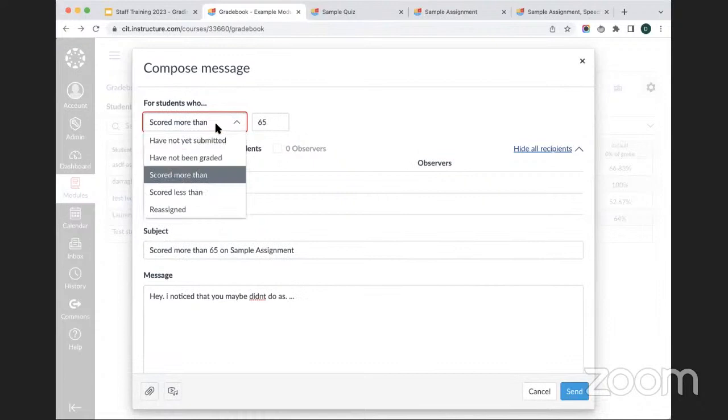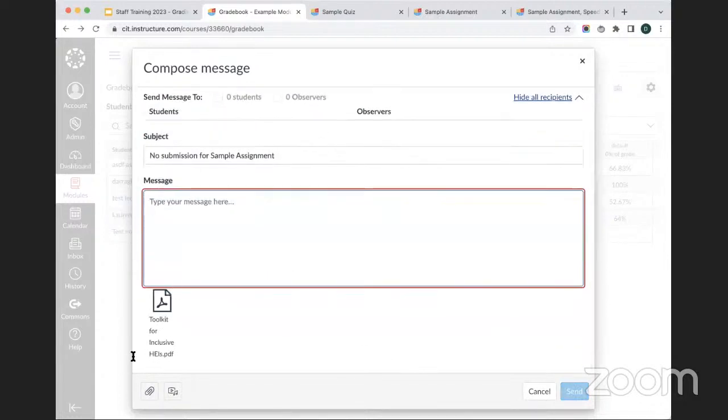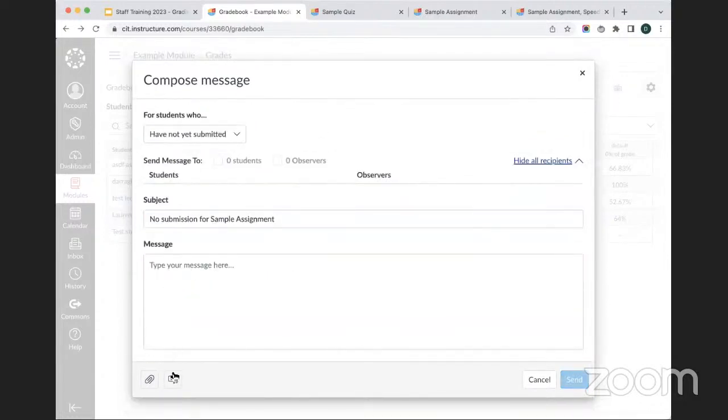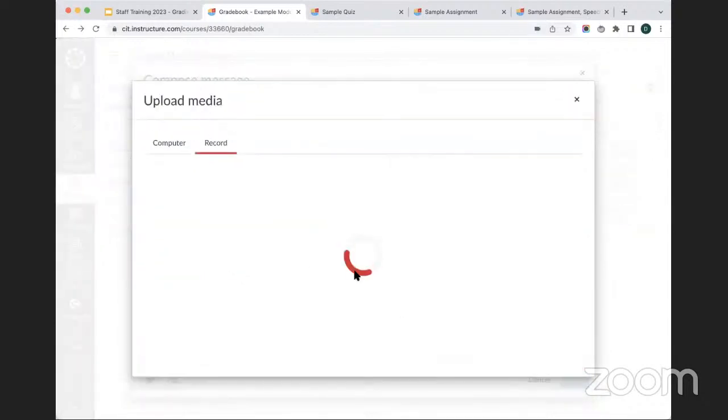Alternatively, what can be useful in the run up to an assignment or after the deadline has passed is I can go into the gradebook and identify any students who have not yet submitted something for this assignment. Again, if I want to, I can type in a message, or I can use the record audio or video feature here to say,